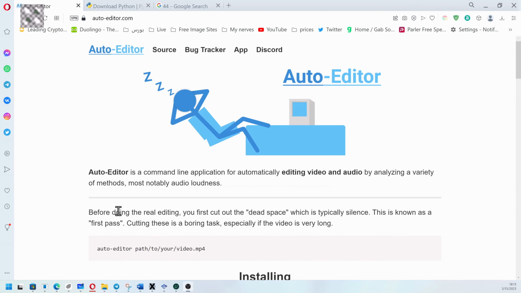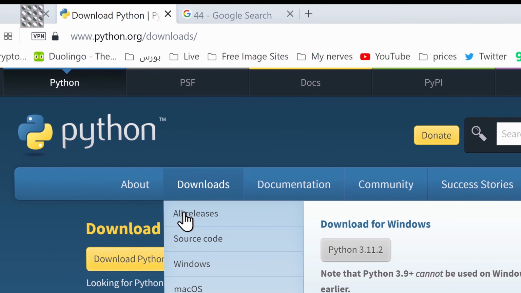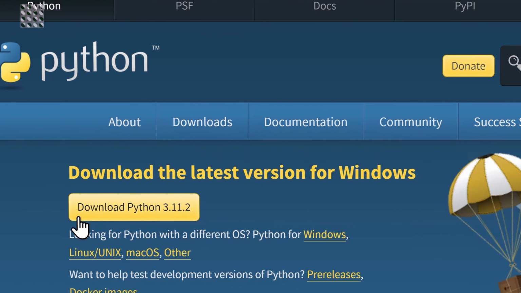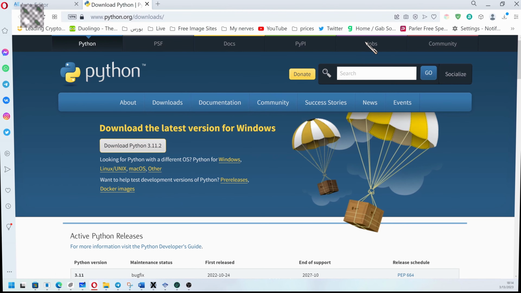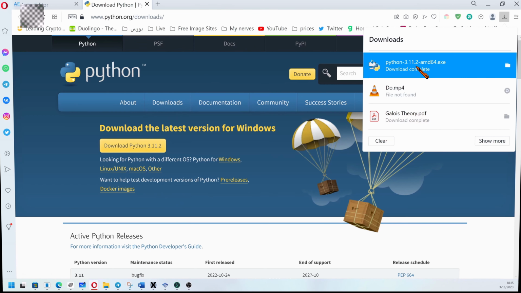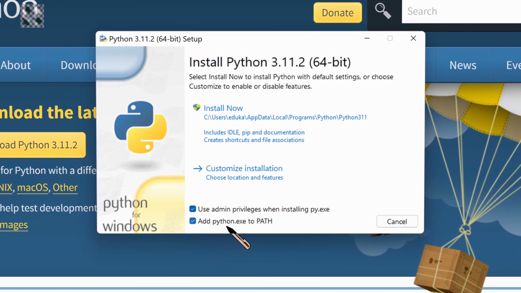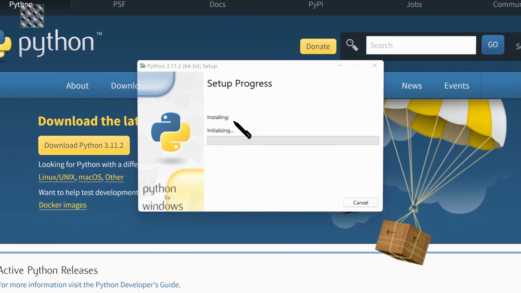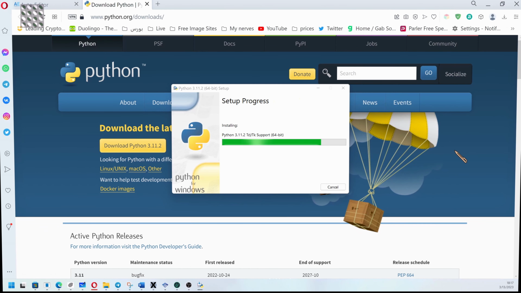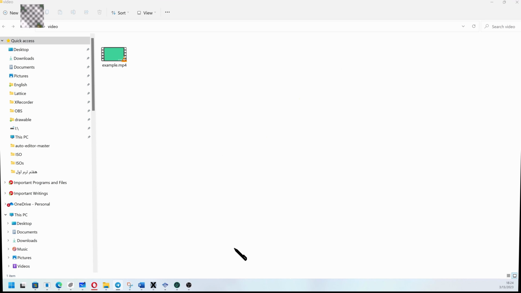To install it, you'll go to the python.org downloads page, and you'll download the latest Python version for Windows. Okay, let me close this tab and run the downloaded file. Make sure you check the last checkbox, add python.exe to PATH. Then you'll install the software. Okay, now I close. Here in this folder, I have a video named